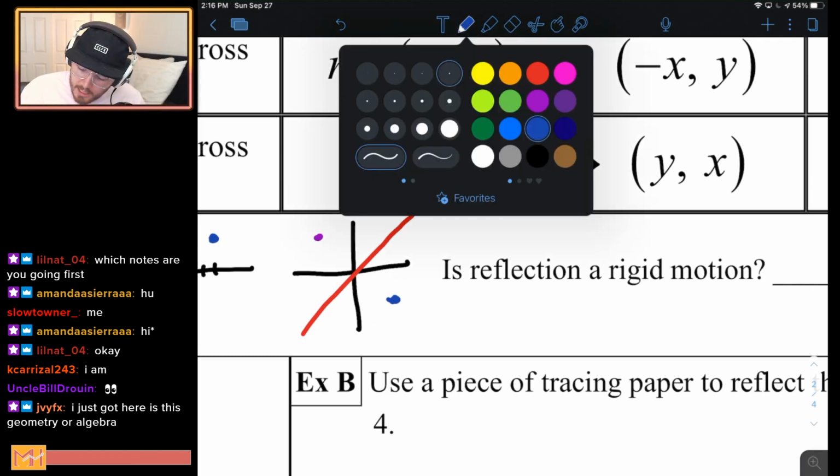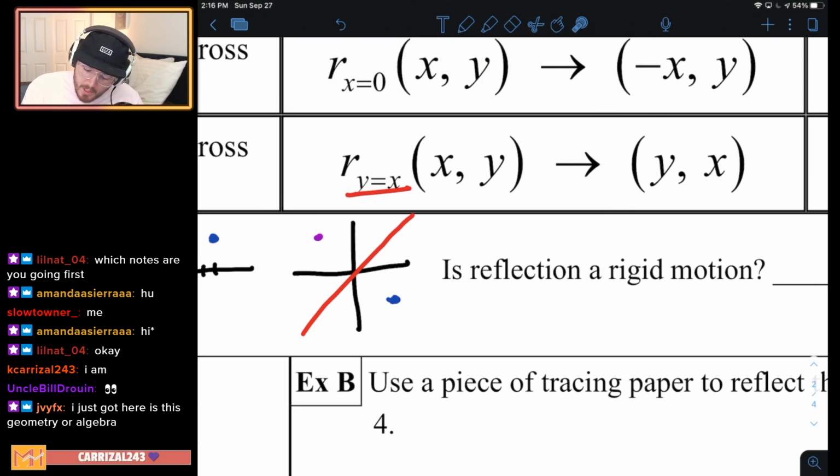So let me help you see that. We had a negative x value over here. Now we have a positive x value. The y is now negative, right? Because we went down. So we had a negative x value. Now we have a negative y value. We had a positive y value. Now we have a